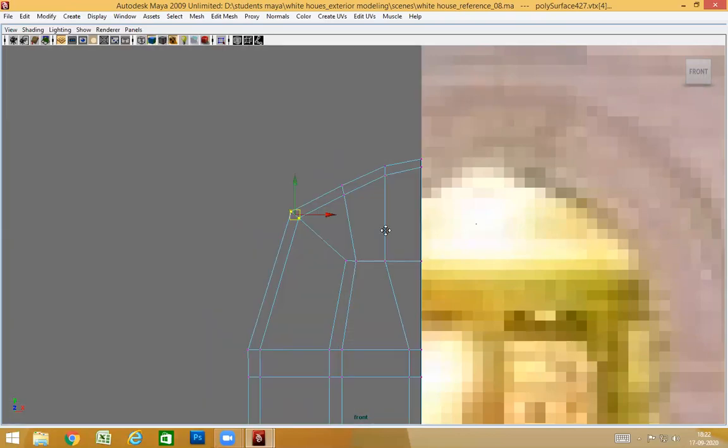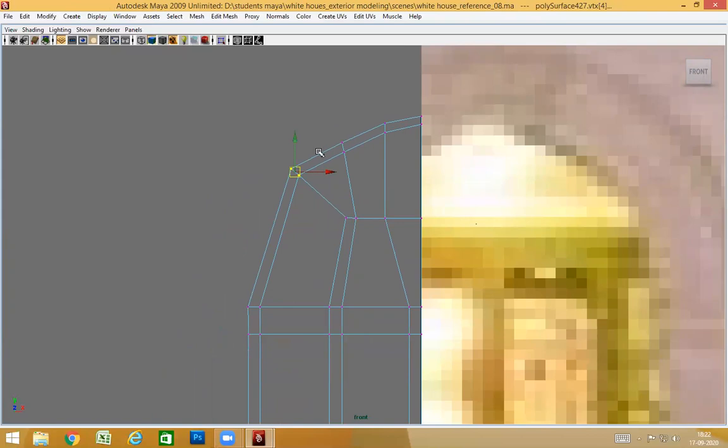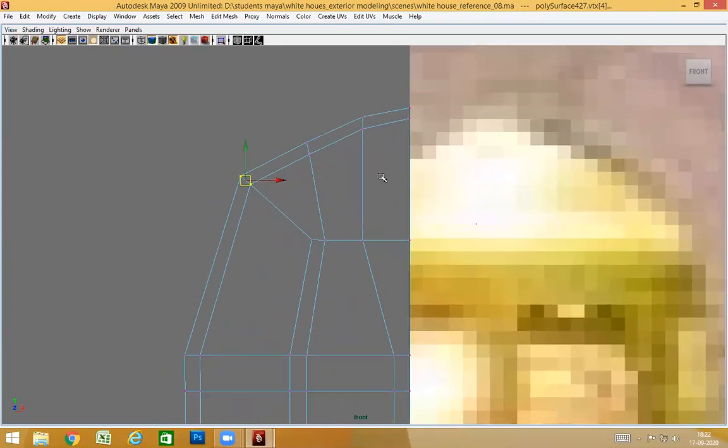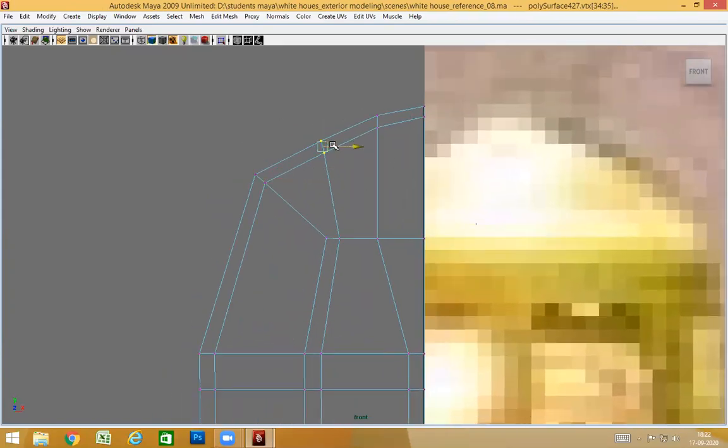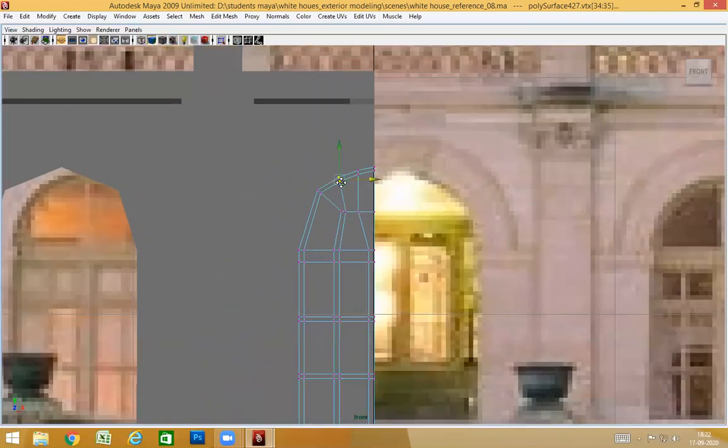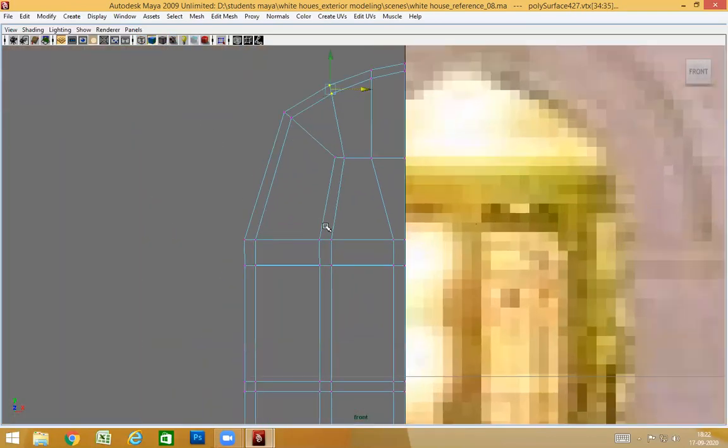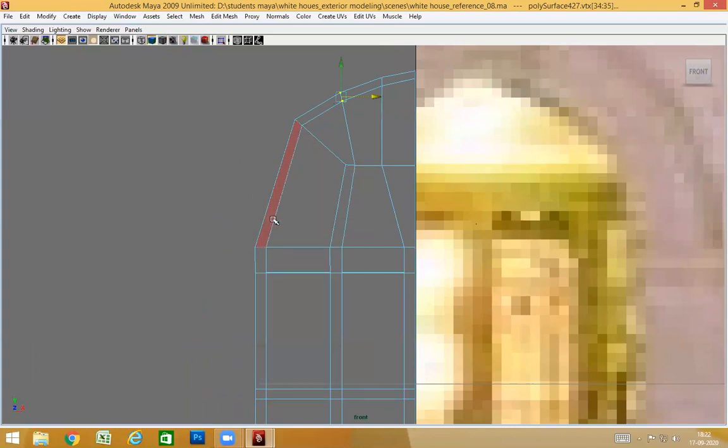Press 4, press 5, 4, and this way. Okay, press 5. Now, same way, select these pieces